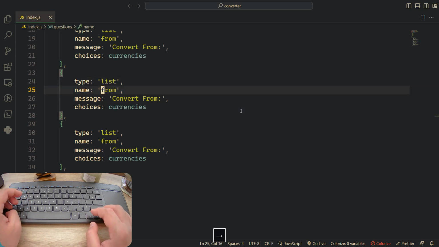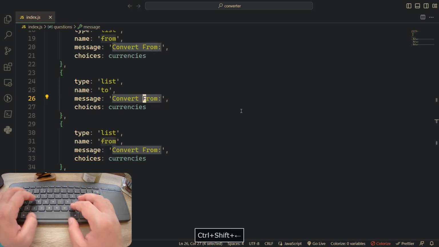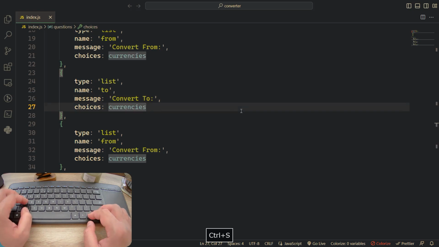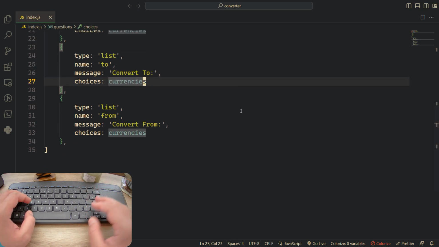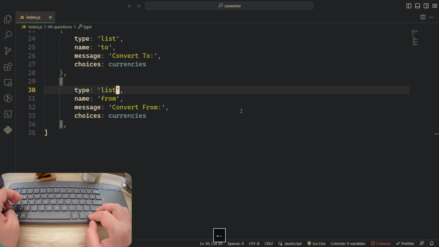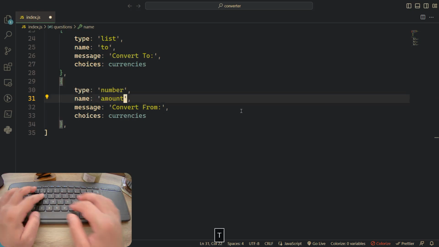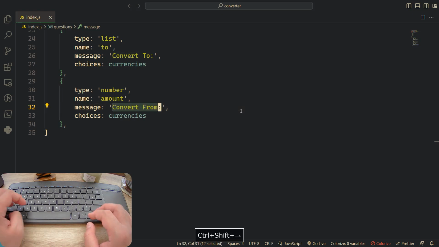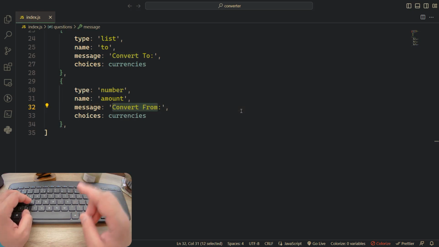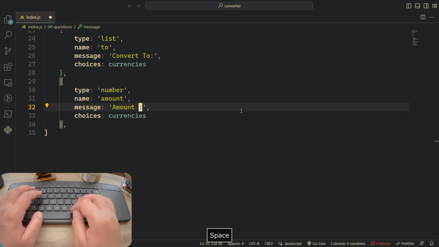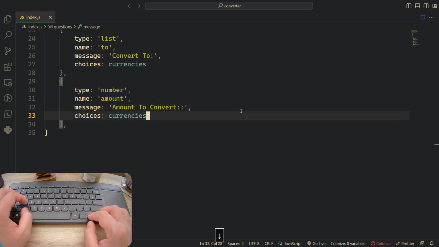Type list, we will leave it the same, but instead of from, we will say to, and that here is going to be convert to, and this also will have the choices parameter set to the currencies array. And finally, the type here will say number, and the name is going to be amount instead of from, and the message is going to be amount to convert. So we want basically the amount to convert,